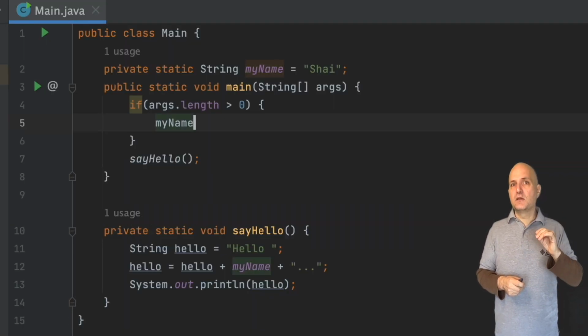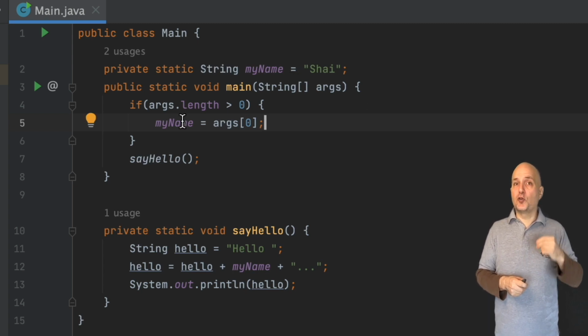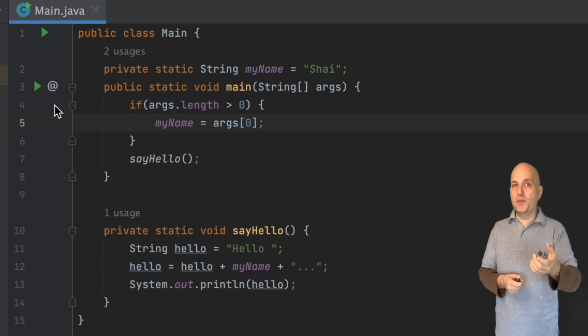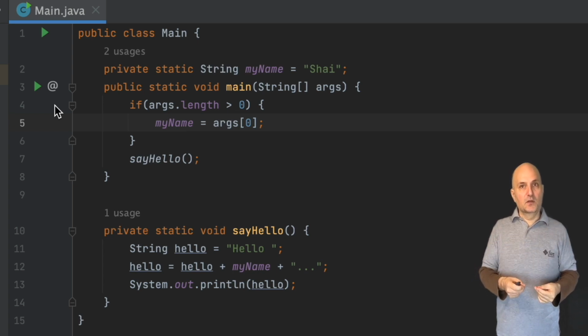We effectively check the array has more than 0 elements within it. Now that we know it has, I can take the first value from that array and set the name. That means I can pass a name as a parameter to the application. Notice that every element in the array is numbered, starting from 0.